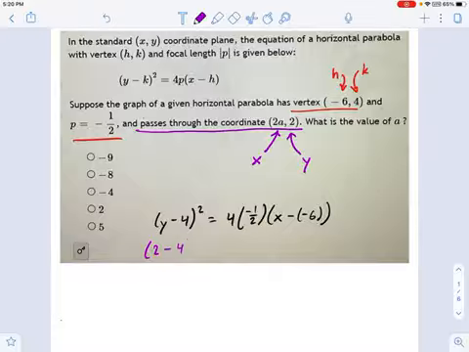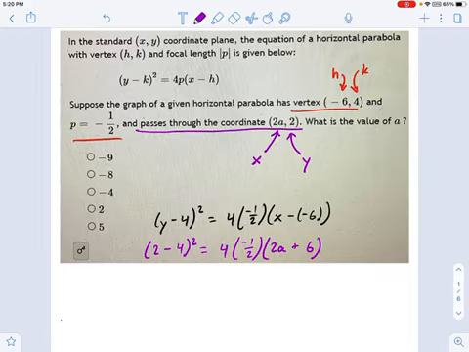2, the y value, minus 4 squared, equals 4 times negative 1/2 times the x value, which is 2a. Now minus negative 6, I didn't get to this before, but when you subtract a negative, that turns it into a positive. So now we have an equation where all we have is a. That's the only variable, and I can solve that. It's just going to be some order of operations stuff to sort through, but this should be no problem. We didn't even actually need to know what the formula is for a parabola, like memorized. We didn't need to know how to graph it. You just need to know that when a graph passes through a certain point, what that means is you plug those x and y values into your equation.